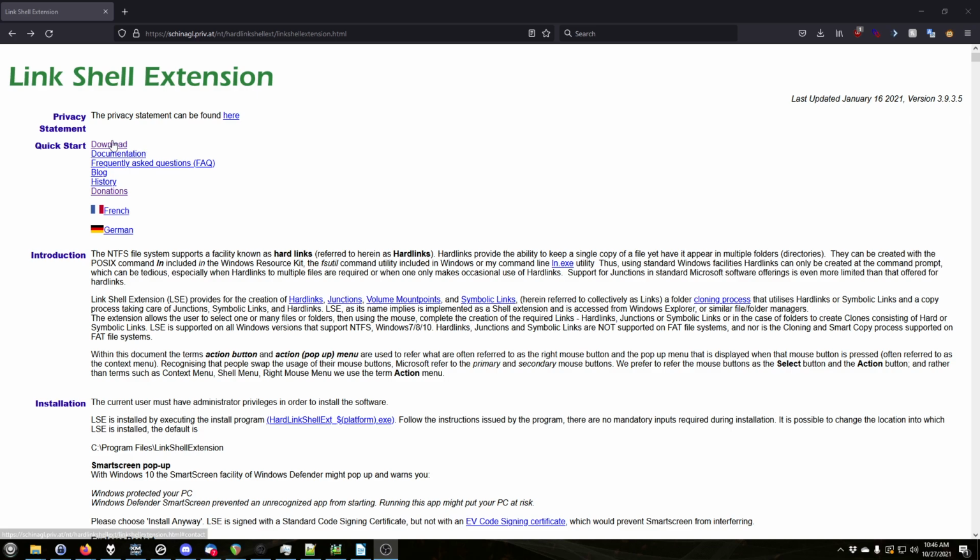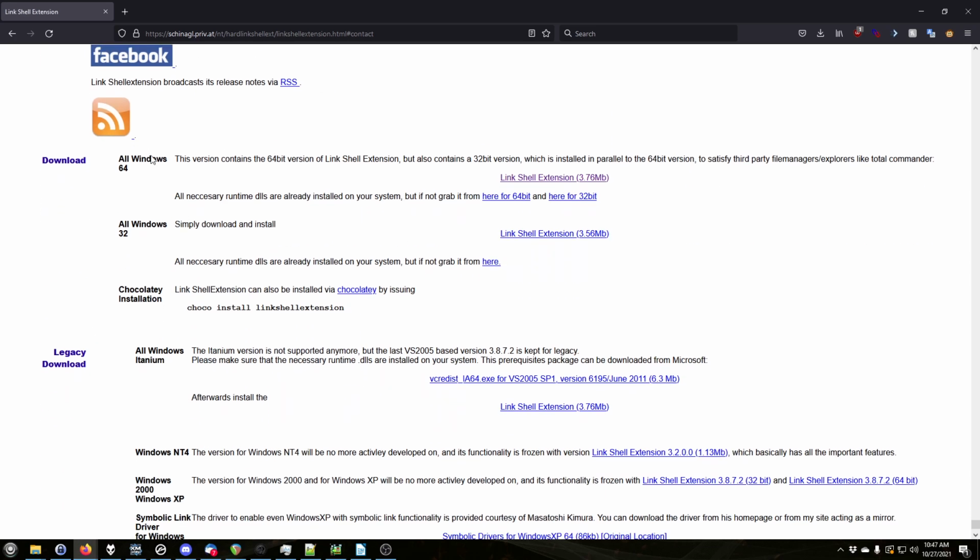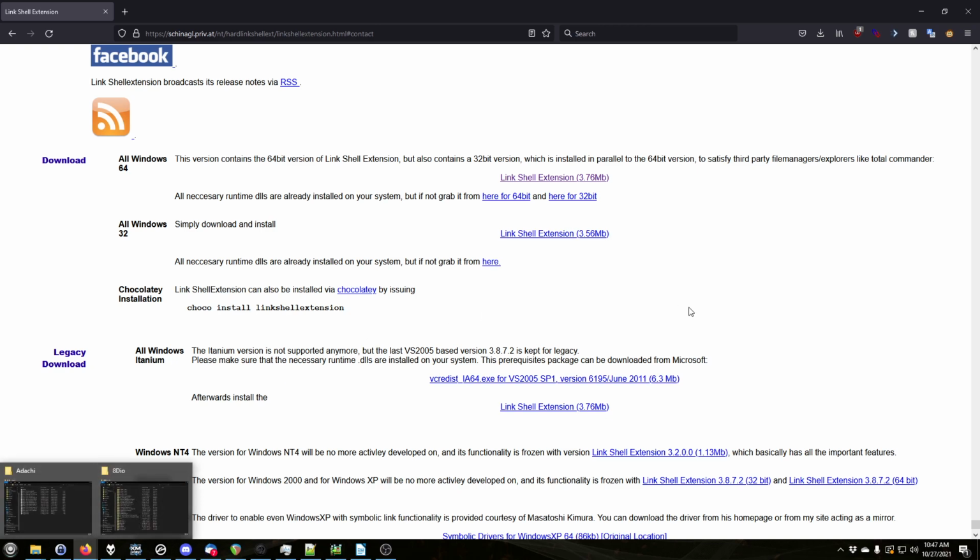Okay, so basically you're going to want to go down here to download. Most people should be using any kind of Windows x64 operating system. I really doubt anybody's using 32-bit anymore, but if you are, there's a link for it here. If you need extra DLLs that it asks you for, you can grab them here, and for 32-bit as well. But if you're fully up to date, you shouldn't need them. Just click download and install it. It'll make you restart Explorer, but that's okay. And then once it's done,